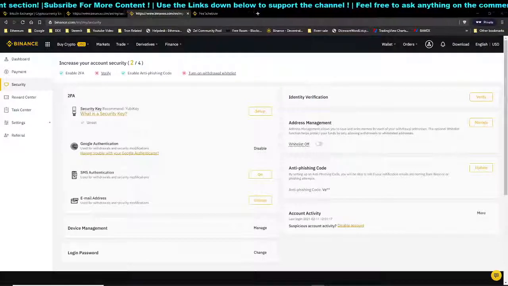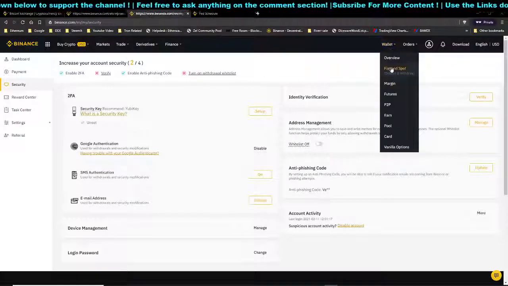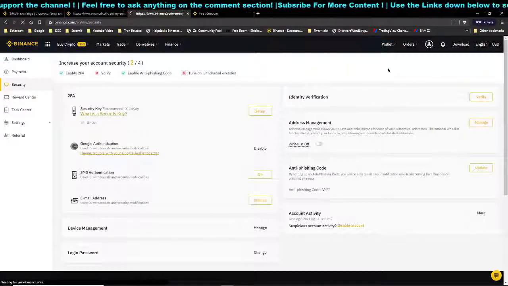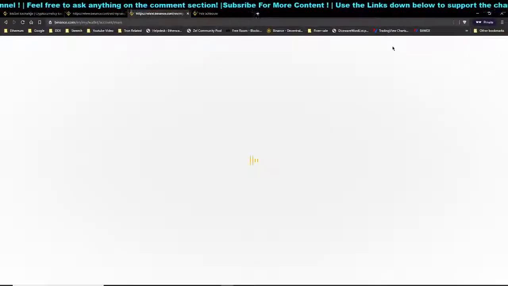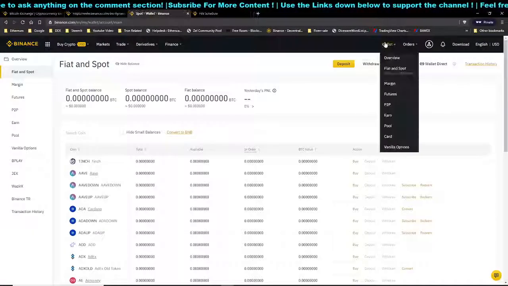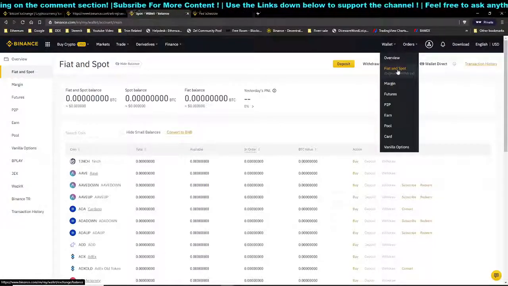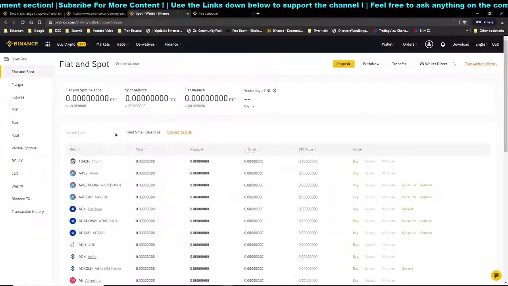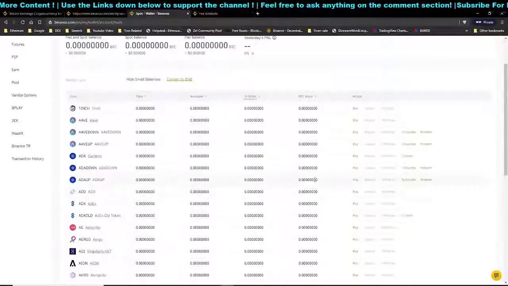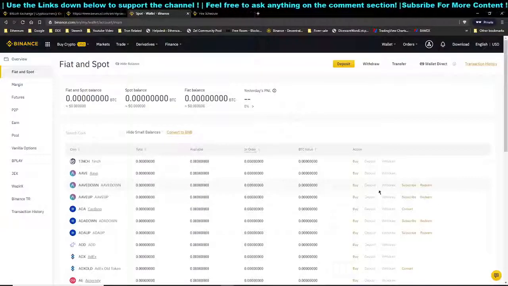So we are going to move on to the next topic, which is how to deposit funds. Over here, we are going to talk about depositing funds. Just head over to Binance, and you will see the wallet tab. Just click on it, and over here you will see fiat and spot. Let's say you do not own any cryptocurrency and you do not know how to buy cryptocurrency. Over here you can deposit, let's say if you have a cryptocurrency wallet, you can send in coins just by clicking on the deposit button,